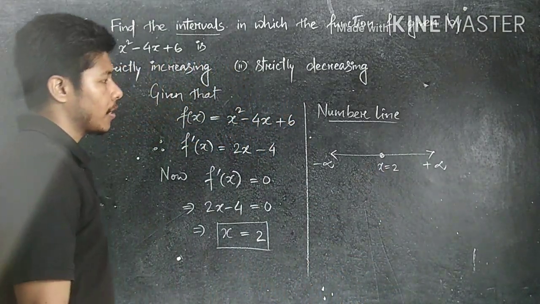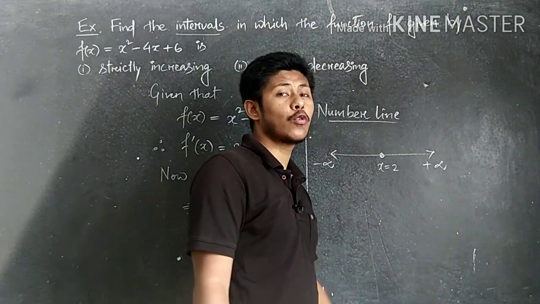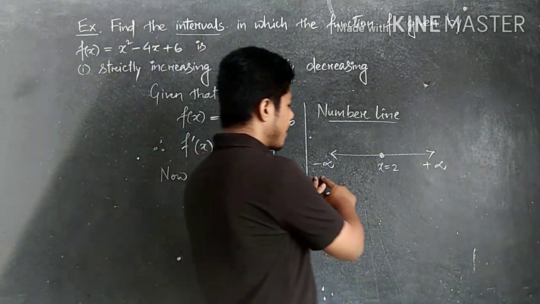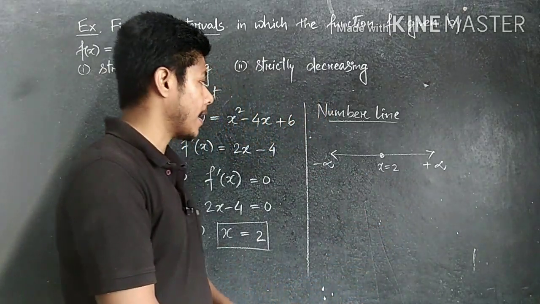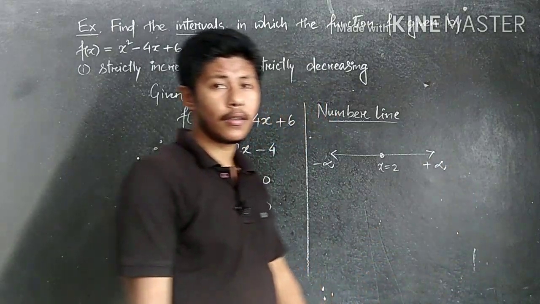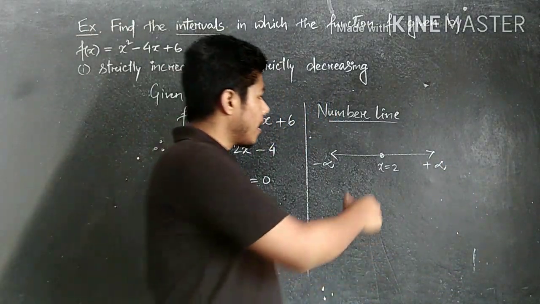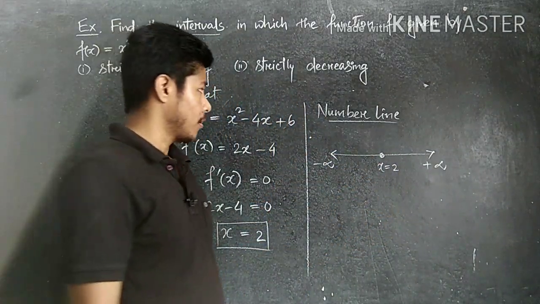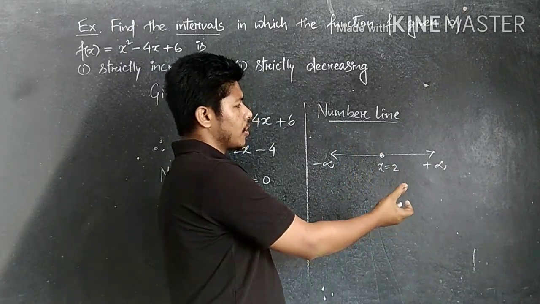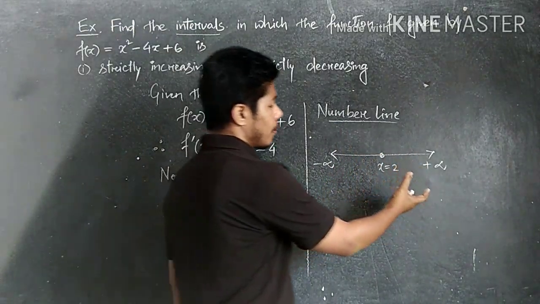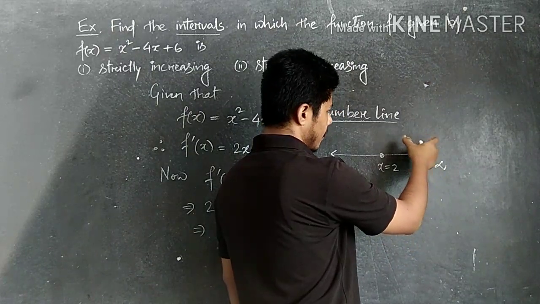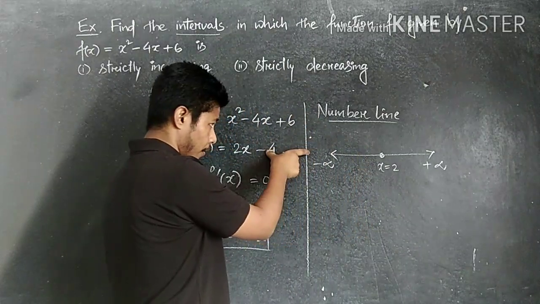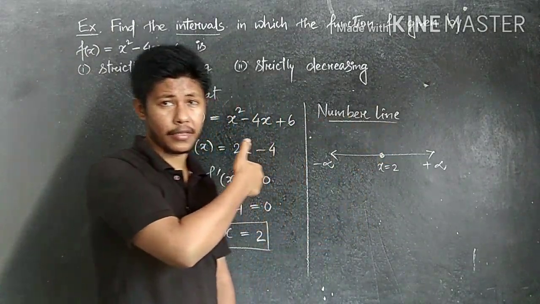x equal to 2. Now here if you see, the results we get are in 2 parts, separated into 2 parts, is it not? One part is from minus infinity to 2 and another one is from 2 to plus infinity, is it not? So now after plotting this, there are lots of ways to find out the result. One of the easiest is from the right hand side. From the right hand side you can consider the first part is positive, then the second part is negative. If we get any more parts, it is positive, like in this way you can measure.